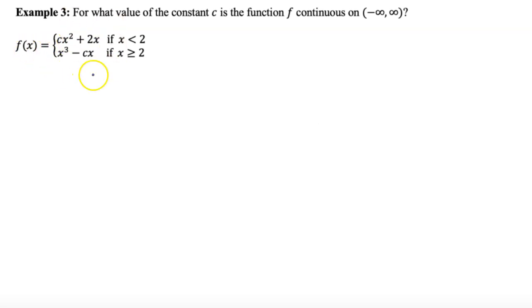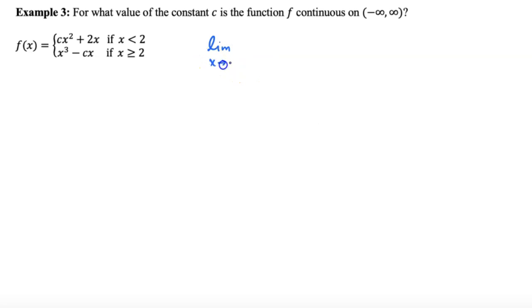So first, if I'm looking at c as these random constants, no matter what c is, can I see that this function is going to be defined on the interval from negative infinity to positive infinity? The reason I can say that is because there aren't any even roots, there aren't any natural logarithms or logarithms in general, and there aren't any denominators. And so all I really need to be concerned about is what's happening at x equals 2 when I switch over functions. Because I know that if f is to be continuous on this entire interval, the limit